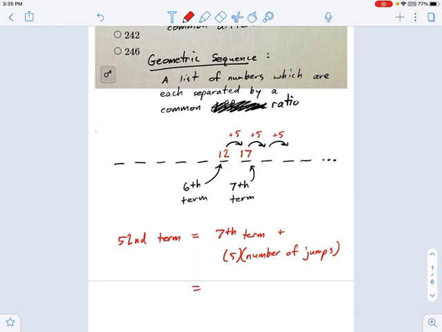Now, how many steps is that? Well, here, let me rewrite this. The 52nd term, that's the thing I'm looking for, equals the 7th term, which is 17, plus 5 times, well, if you think about how many jumps it's going to take, if I was looking for the 8th term, that's just one jump away. It'd be 8 minus 7. So I'm looking for 52 minus 7. It's a lot of jumps. That's like 45 jumps. Plug this into your calculator, and you get, let's see, 52 minus 7 times 5. You get something like this, 17 plus 225, which is